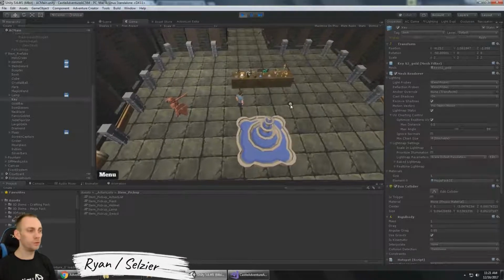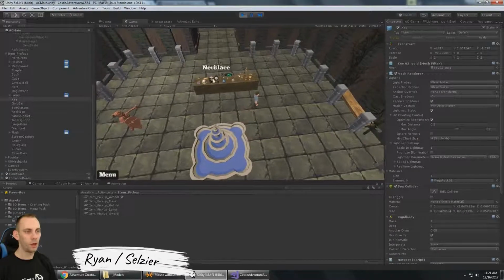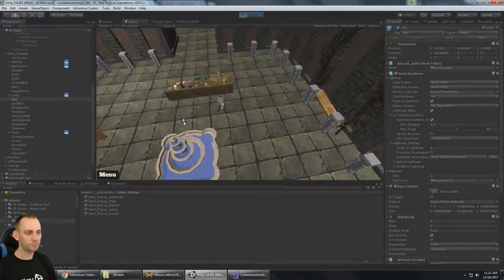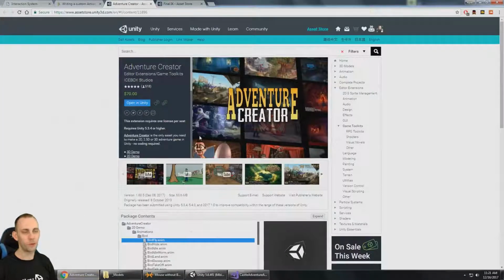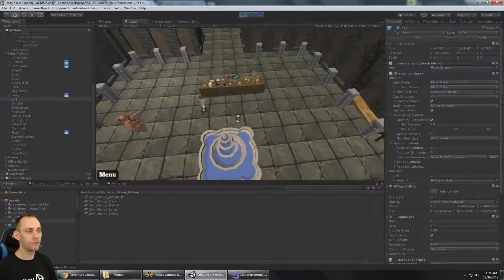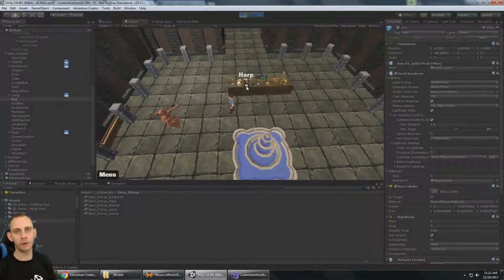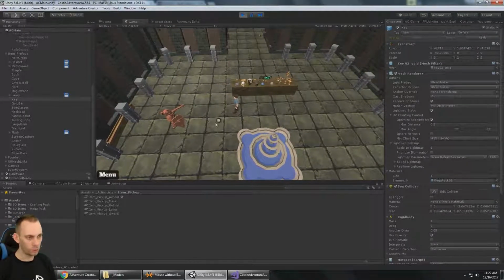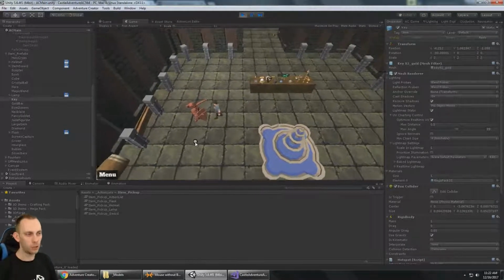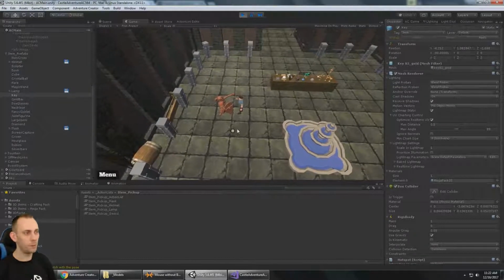In this tutorial, we're using Adventure Creator to make an adventure game that can be found right here. And we're using Final IK so the player can interact with objects in the world. So if I want to pick up the sword, the animation of the player picking that item up is being